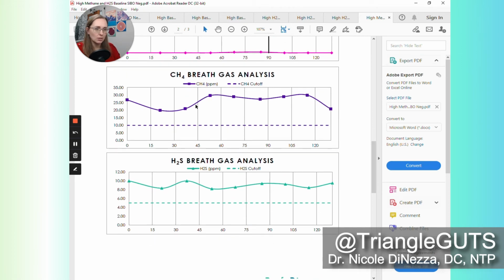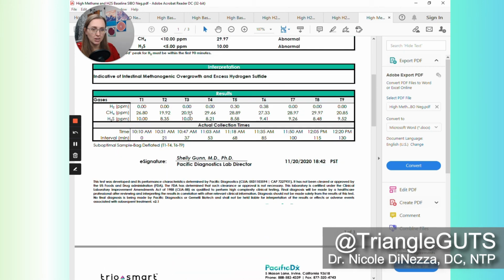And it looks like certainly the baseline is high. This doesn't necessarily meet the criteria for SIBO, although let's look. So let's see. So we get a high methane baseline again, and then we get a dip down to about 20, and then we do go up close to 30. So let's see what the difference here is. All right, so yep, 19.92 for sample number 2 for methane, and then we jump up to 29.66. So technically speaking, it's just shy of the 10 part per million number, but I would personally call this